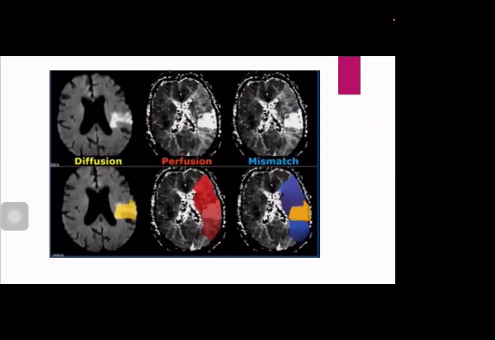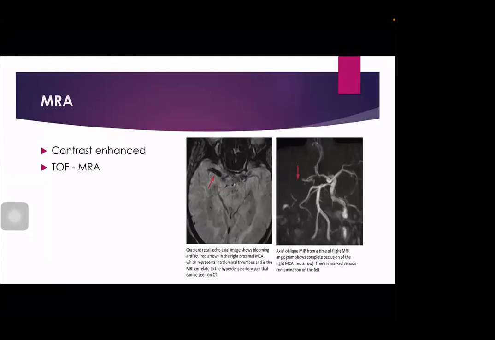Here you can see the DWI showing this region of restricted diffusion, while the perfusion MRI shows an abnormality that is larger than the one seen in diffusion. So there is a mismatch between the perfusion and diffusion images. This indicates that the infarcted core will show both diffusion and perfusion abnormality in this region, and also this area has a perfusion defect but no diffusion defect. The MR angio could be obtained by a contrast-enhanced scan or by time-of-flight MRI without